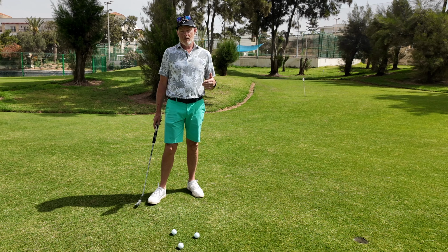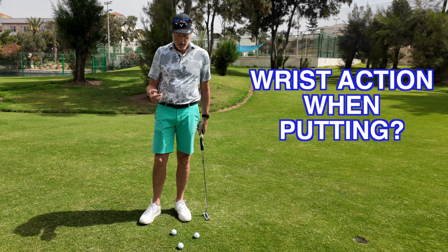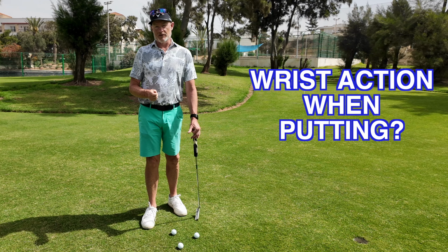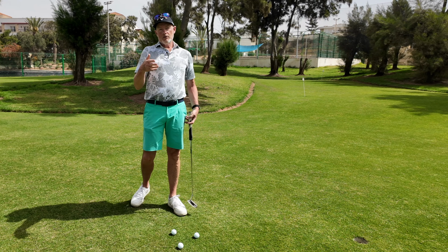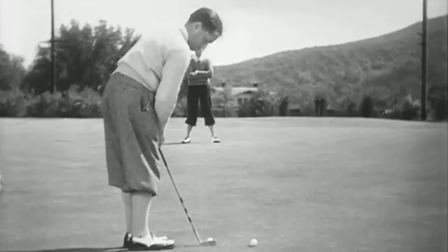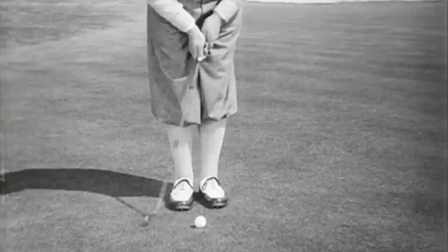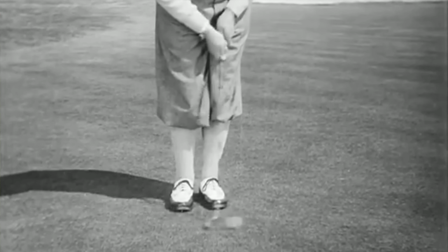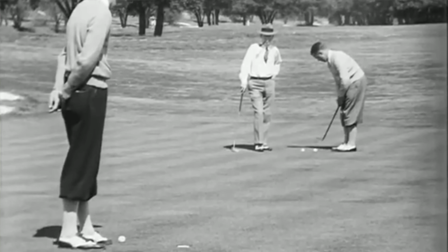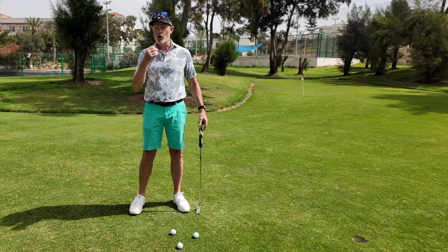Hello. Today I'm asking the question whether you should be using more wrist action when you're putting, and whether maybe wrist action could save your putting. If you look at the history of putting over the years, in the days of Bobby Jones, one of the best players on the planet, he basically putted totally out of his wrists, allowed his body to move, we've come to a putting action in the modern game which uses almost no wrists, or at least no conscious wrist